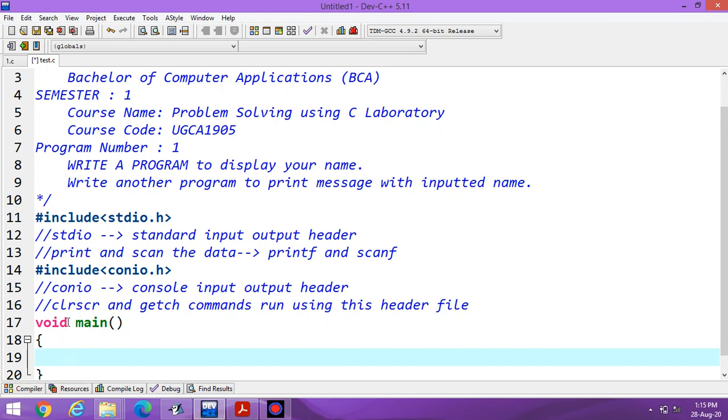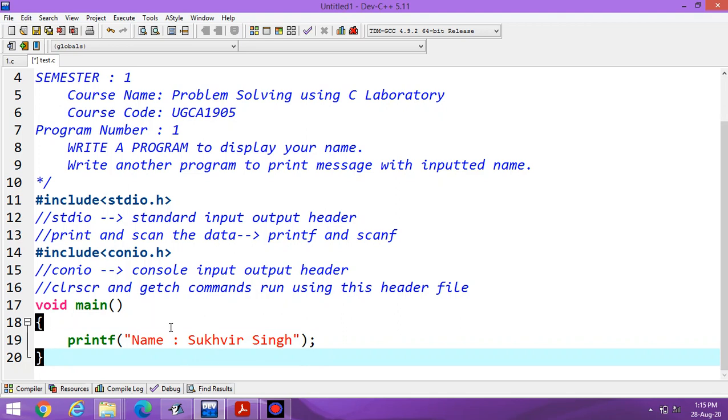As the requirement of the first program, write a program to display your name. Suppose I am writing here printf name. I am writing my name, Sukhveer Singh. Then semicolon.